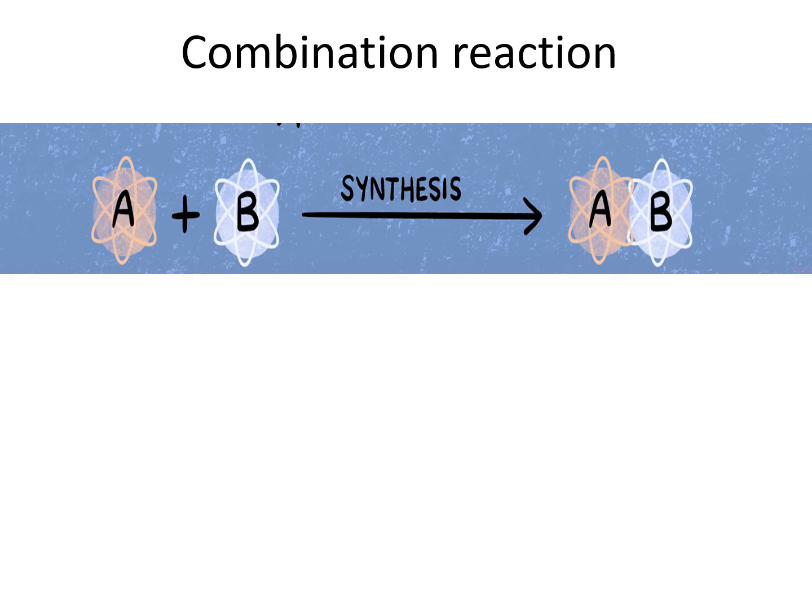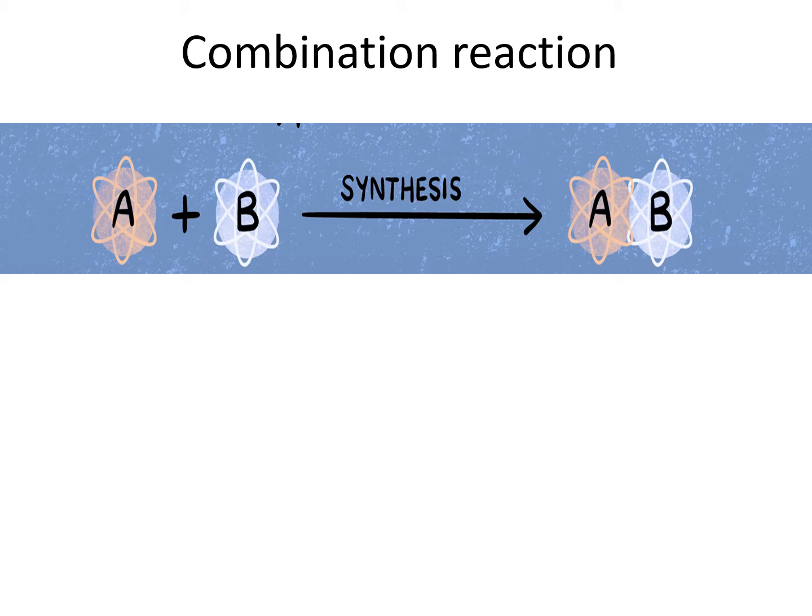Let's just try to understand combination reaction by this representation. The representation is A plus B gives AB. Now here, as you can see, we have already learned that in a chemical reaction, the left hand side represents reactants and the right hand side represents products. So when you're looking at the left hand side, we can clearly see that there are two reactants. A is the first reactant, B is the second reactant. So we have two reactants, but when you're looking at the right hand side, we have a single product and